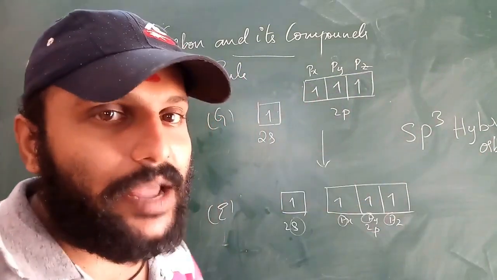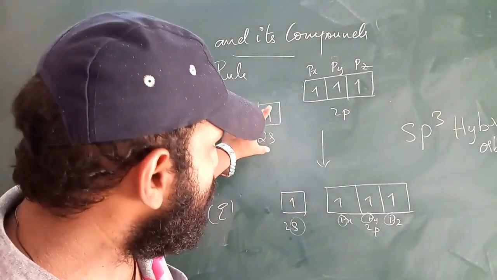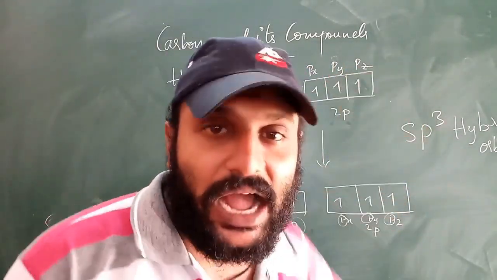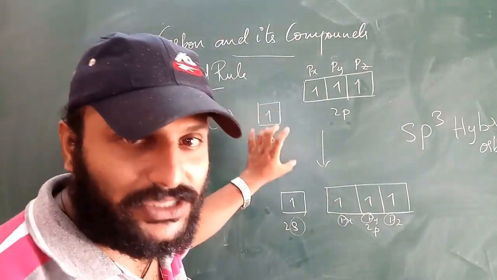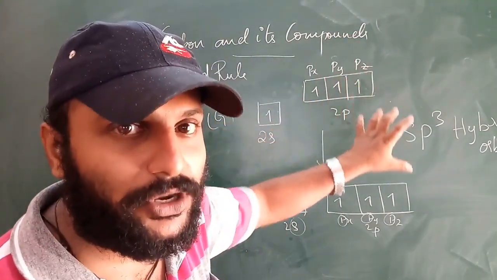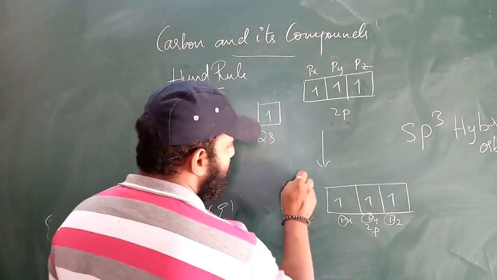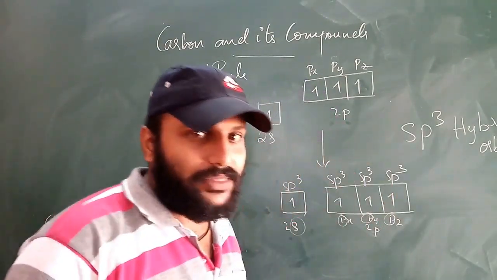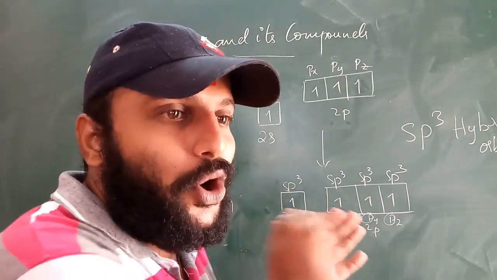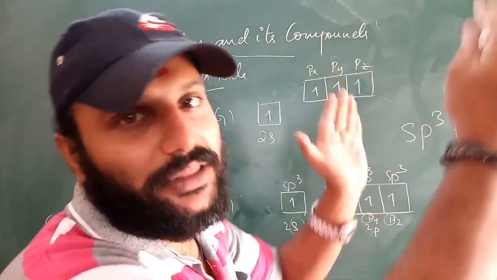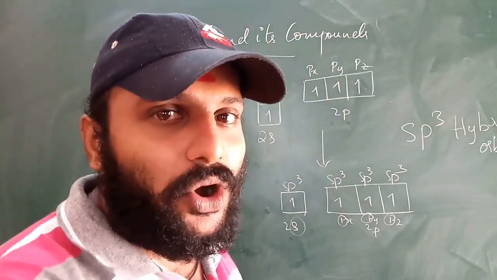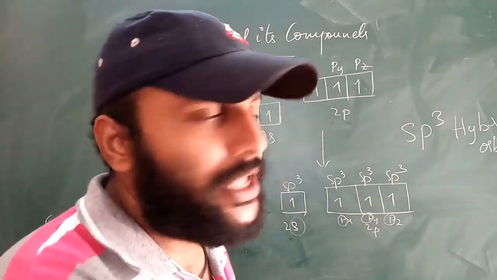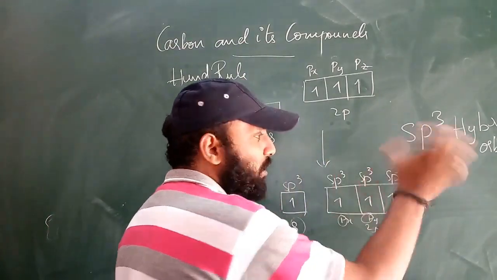Okay, before the hybridization, we call them the s orbital and px, py, pz. After the hybridization, we will not call them the s orbital, px orbital, py orbital, pz orbital. We will call them sp3 orbital, sp3 orbital, sp3 orbital, sp3 orbital. There is no px, py, pz or s orbital. We will call all the orbitals sp3, because as I said, after the hybridization, all the orbitals gain equal energy and have equal shape. So they are all identical, the same. That is the reason we call them sp3.